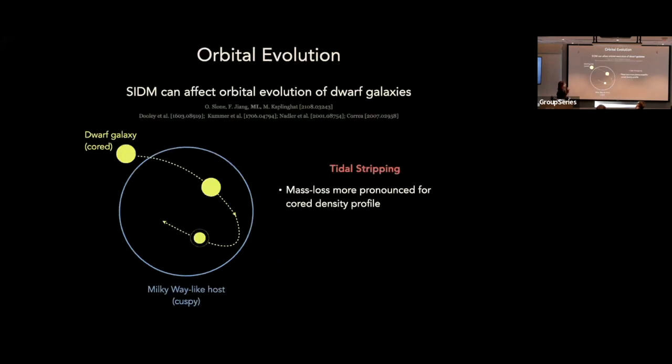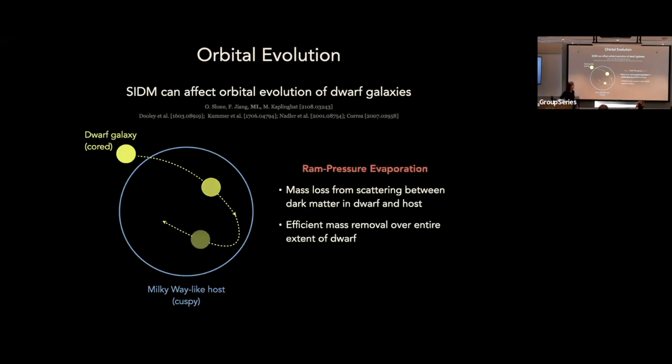The other important place where the self-interactions come into play when you think about galaxy mergers is in the mass loss that occurs for the dwarf galaxy as it falls in. So earlier when we were thinking about CDM, we talked about tidal stripping and how that removes dark matter from the outskirts of the galaxy as it falls in. Well, self-interactions are going to change the density of that dwarf galaxy. It may core it. If you have gravothermal collapse, it may actually cause it to be really concentrated. That's going to end up changing how much mass is lost through this tidal stripping process. So that's one key way in which SIDM ends up affecting mass loss.